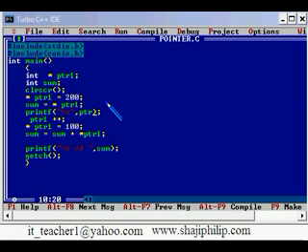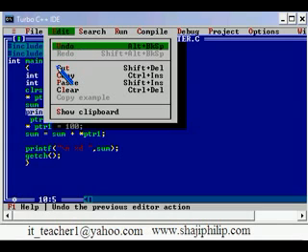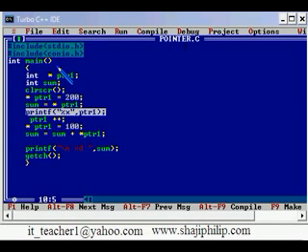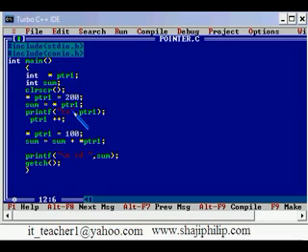So I am going to print the memory location where it is saved. I am just copying it, control insert, and after the incrementing I am going to paste it, shift insert. So this is before incrementing, this is after incrementing.